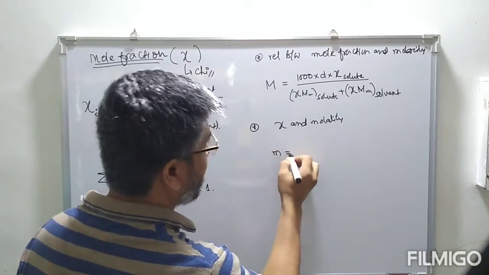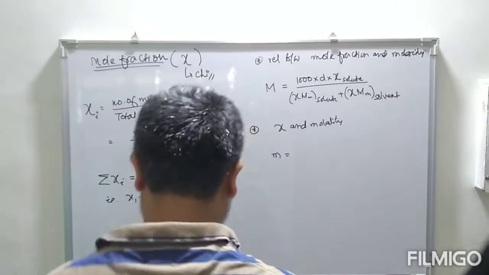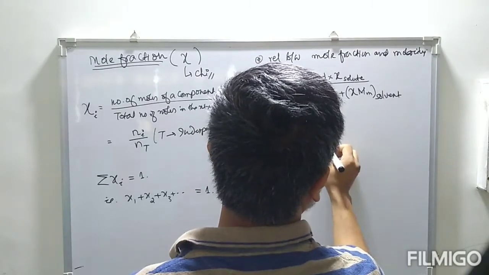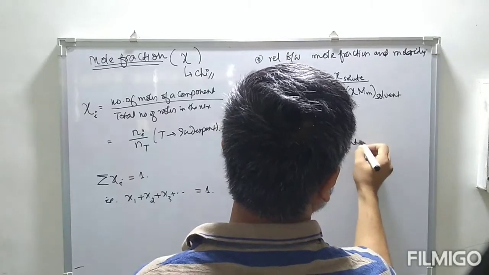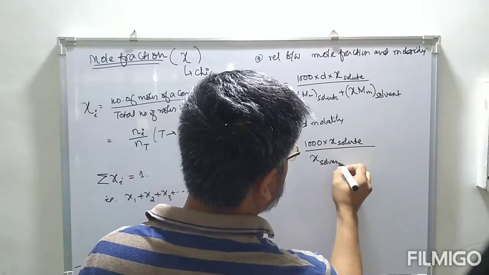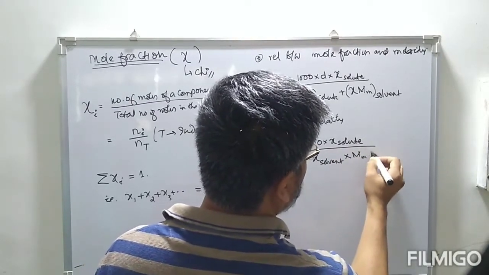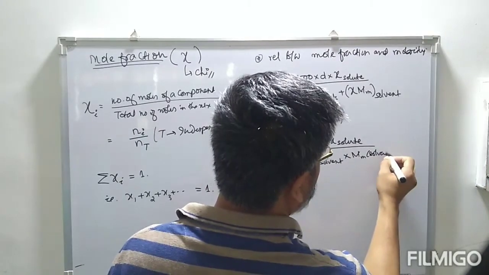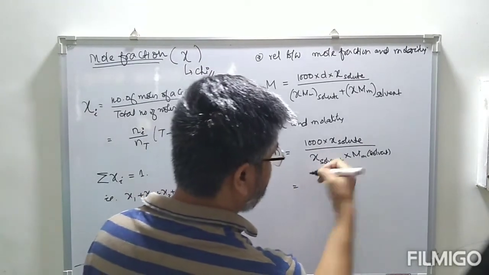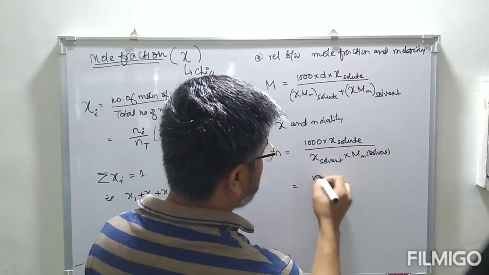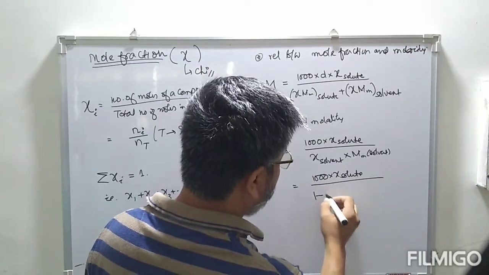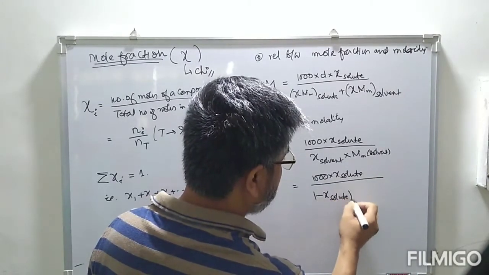So we have this mole and molality. This is equals to 1000 into mole fraction of solute divided by mole fraction of solvent into molar mass of solvent. We have a mole fraction of solute, we have a mole fraction of solvent. So we can express in terms of mole fraction of solute. So 1000 into mole fraction of solute divided by 1 minus mole fraction of solute is equals to mole fraction